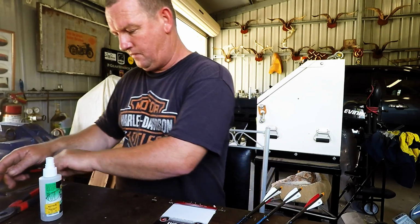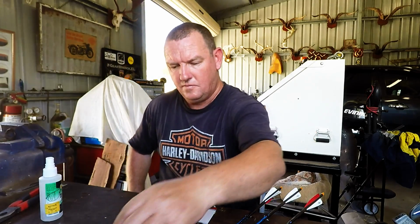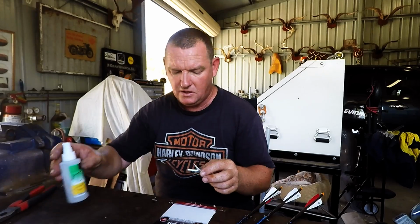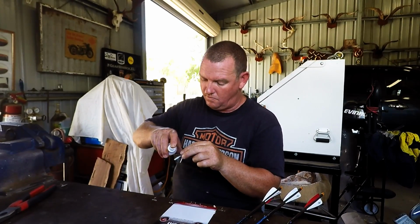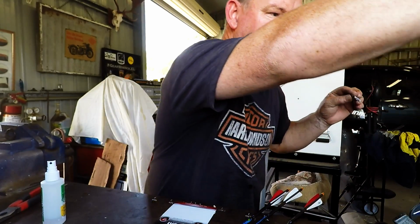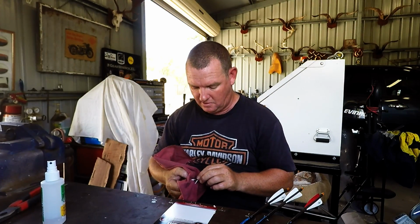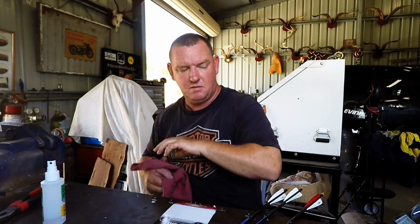Right. And make sure that our little insert, give it a squirt of alcohol. That'll dry off pretty quickly. It's pretty warm today. You've got to be very careful, these things are razor sharp. So, but anyway,